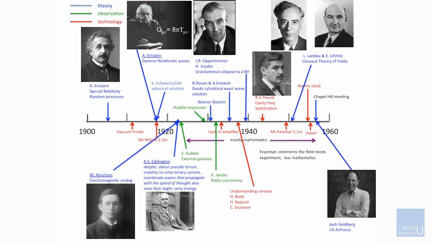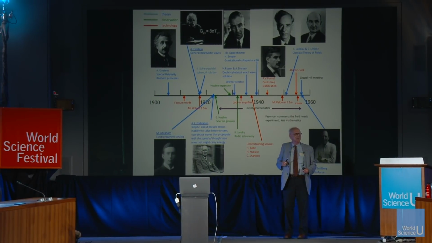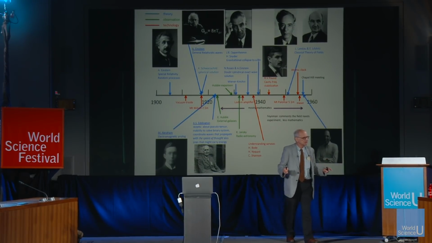The thing that next happened is that lots of technology became very important. The technology of electronics became important. But there is a period right in here, which Feynman described later on as a period when this theory became mathematics and nobody in physics paid any attention to it anymore. And that's absolutely true, because there was not any new physics coming out of it.